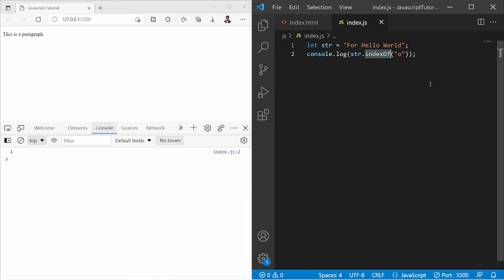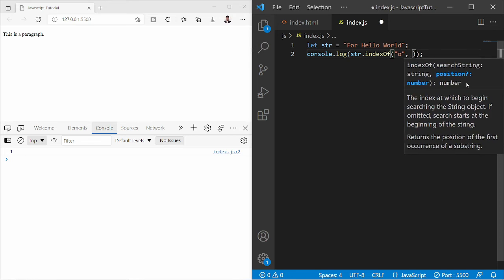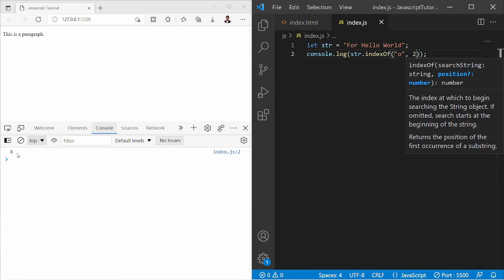But if we want the index of the second occurrence or the third occurrence, then we can provide a second parameter, and that is the index of the starting position. For example, this o occurs at the first index, so we can search from the next index. If I save this, it will return 8, that is the eighth index, and that's the second occurrence in this string.